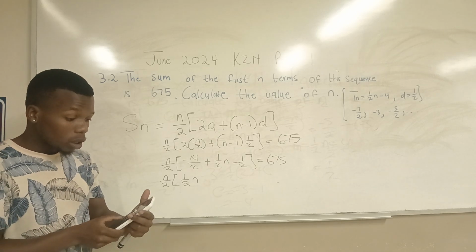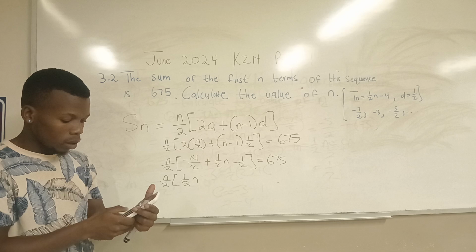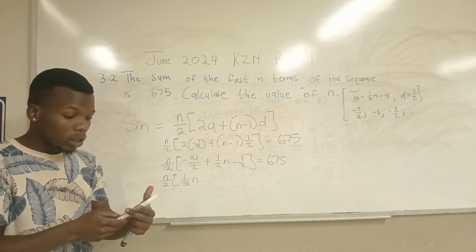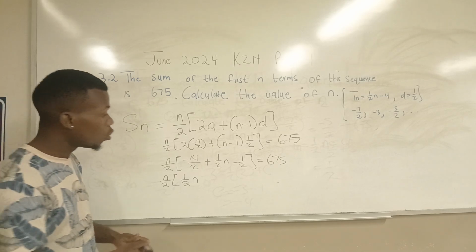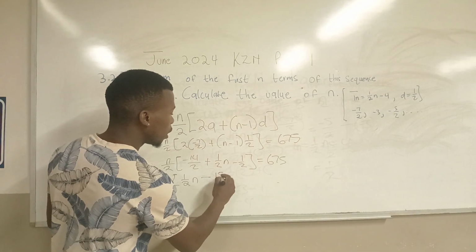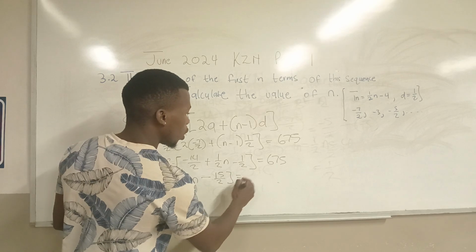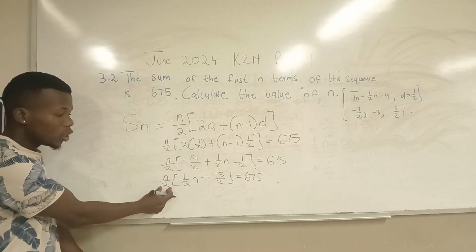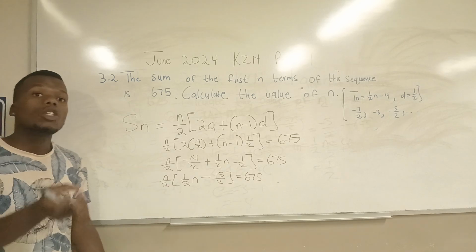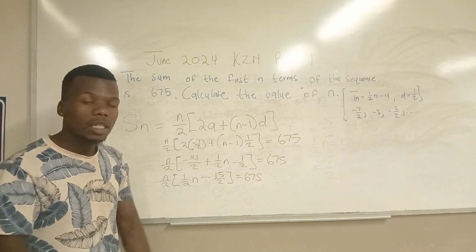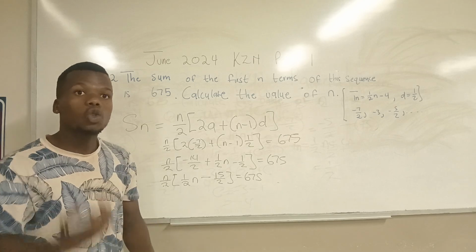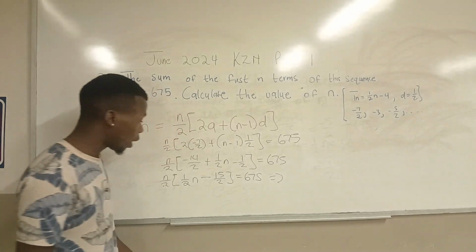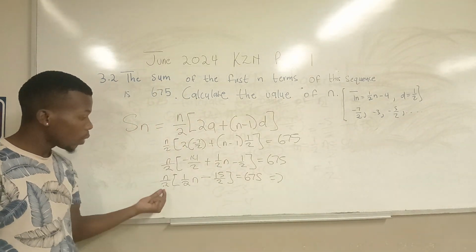Let's double check using the calculator. This will be minus 14 over 2 minus 1 over 2, which equals minus 15 over 2. So this will be minus 15 over 2, which equals 675. And then I need to remove this 2, meaning that I need to multiply both sides by 2. Remember, what you do on the left hand side, you also do on the right hand side. If I multiply by 2 both sides, I will get